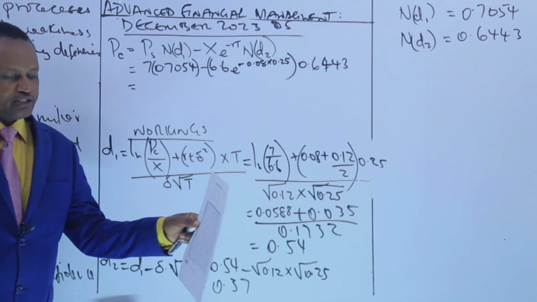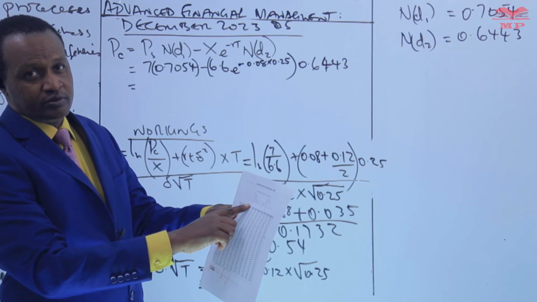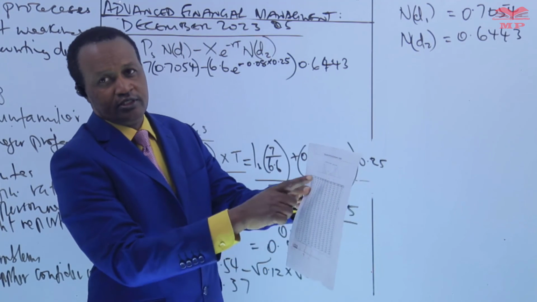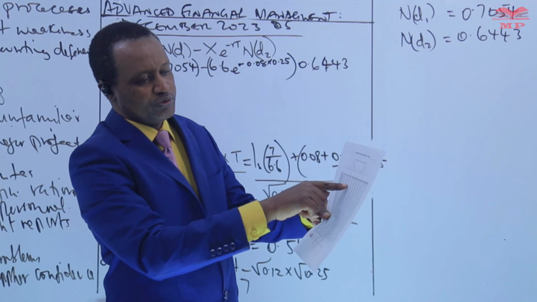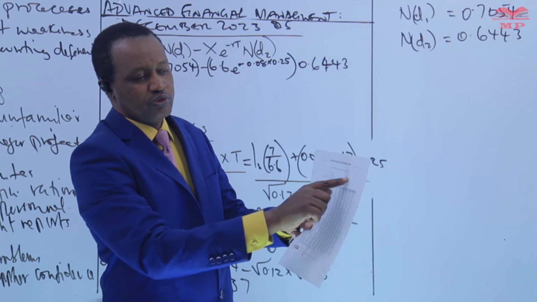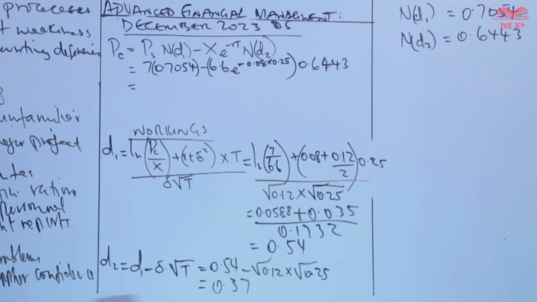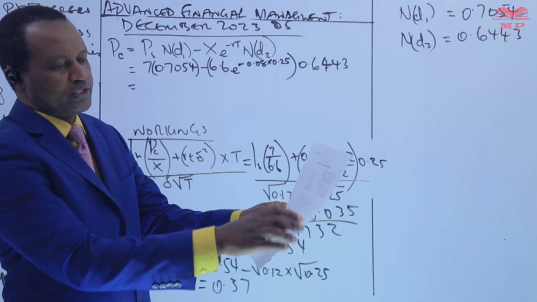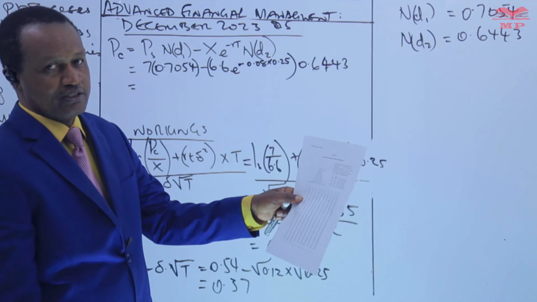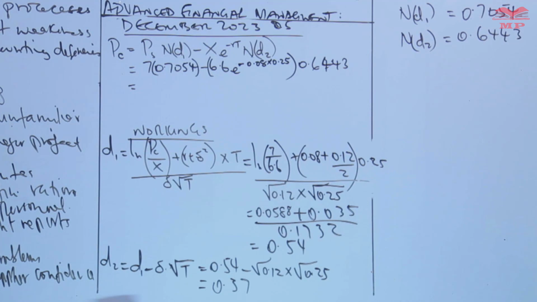If you are using the standard normal distribution table, you'll have to add the 0.5. The one that has two normal distribution sides, you'll have to add the 0.5. But if you are using the cumulative standardized, where you have just one, then you read direct. You understand? Yes, you read direct. It should give you the same answer.